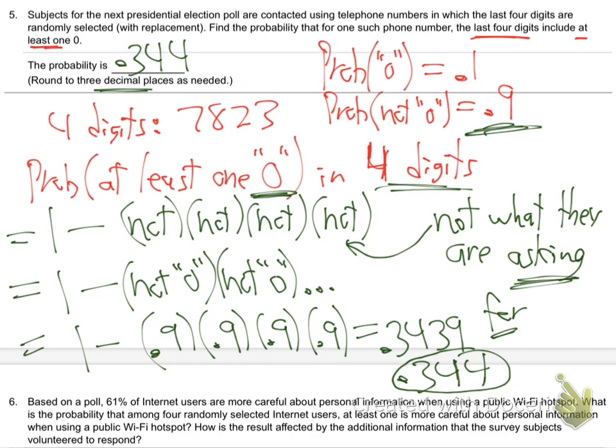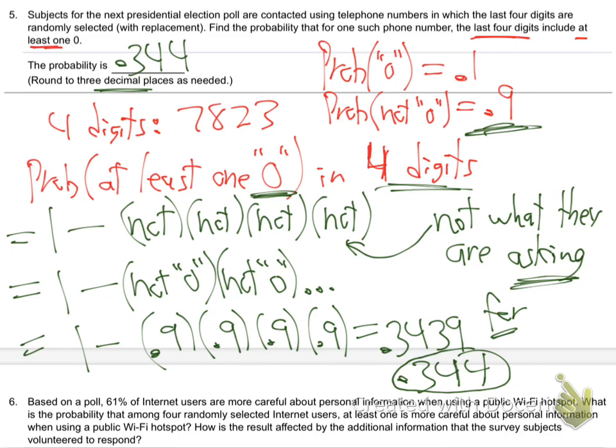That came out lower than 50%. Does that seem right? Let's step back. It's always good with math, all kinds of math, especially probability, because you do have feelings. You sense things. If I told you the chance of rain tomorrow is 99%, you'd doubt me, and you should. You have a sense of probability. So does that seem right? What are we even doing? We're saying, what's the chance the last 4 digits have at least 1 zero? There's not a real good chance of that, is there? There are a lot of 4-digit numbers that don't have a 0. So it seems reasonable. I wouldn't expect a 99% answer there.